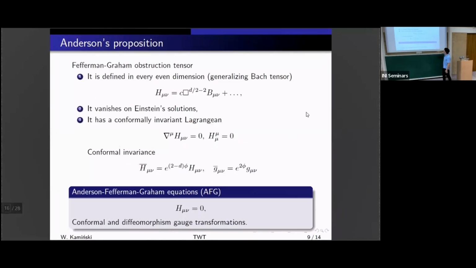No, box, yes, I didn't define it. I forgot to define it. It's just the Lambertian. So what is the Laplacian acting on a tensor? It is just the covariant derivative, and you contract in this. So it's not on components. Of course, if you look at the leading term, it's a second derivative there.